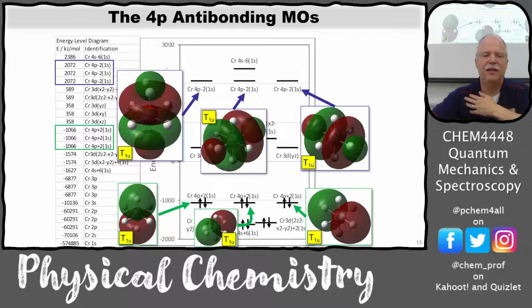So do you see how that's the 4p out of phase with 2 of the hydrogens? There on the end, there's a node that cuts the bond. So those would be antibonding. And then let's look at the